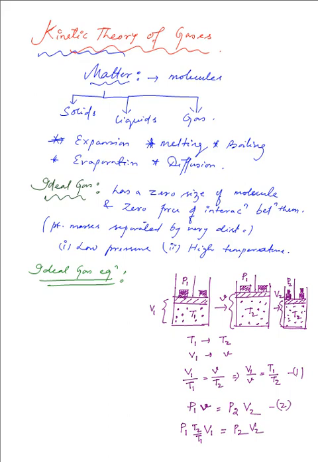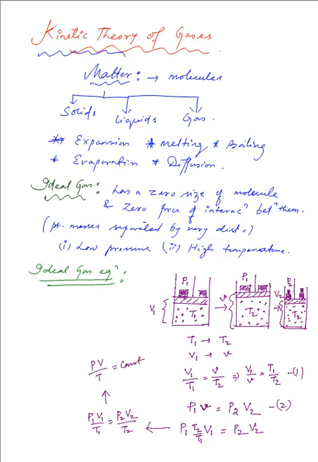Well, we can just take the P2 down and we end up with P1 V1 by T1 equal to P2 V2 divided by T2,